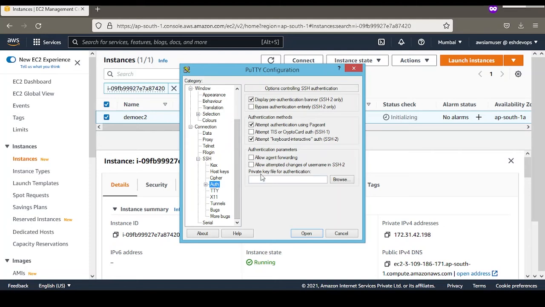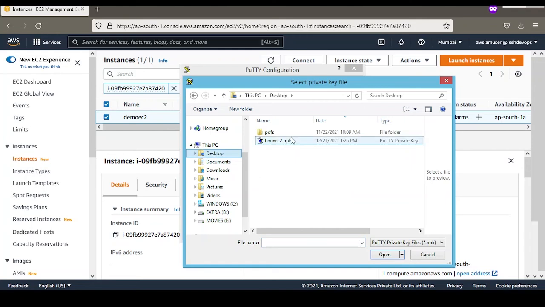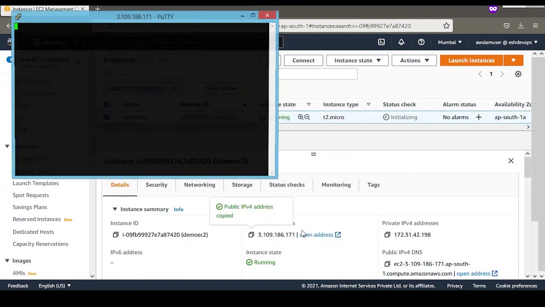In Auth, you have to provide the private key for authentication, so that AWS will recognize this file and allow you to log in to your EC2 instance. So browse this file. I have saved it on the desktop, and I just select this one and click Open.